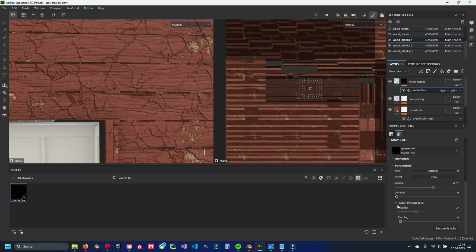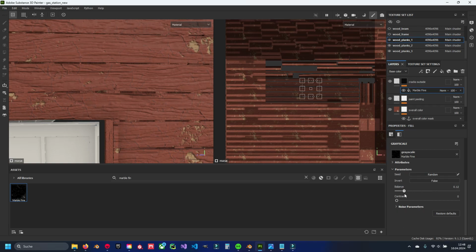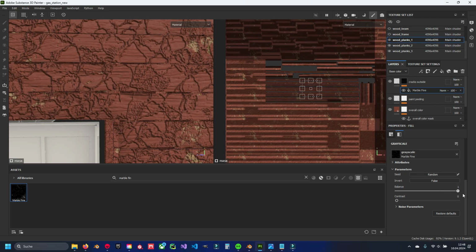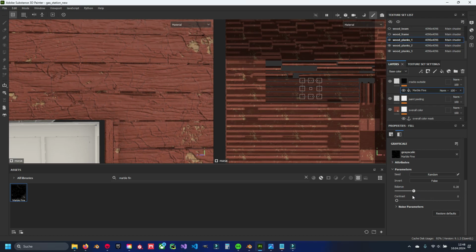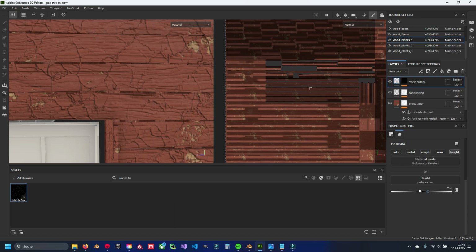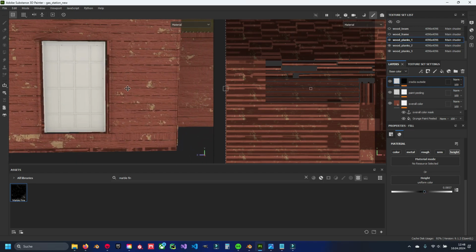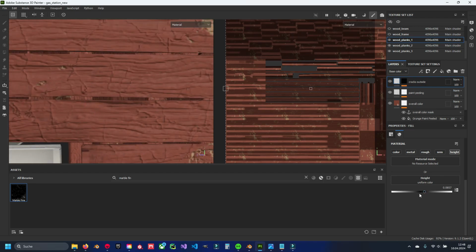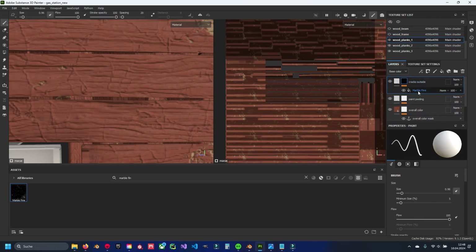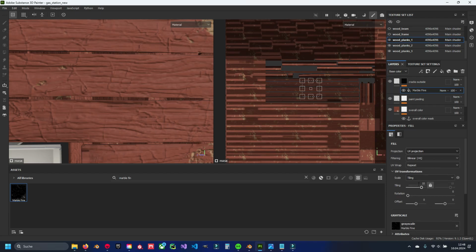So I left it like that, but with the balance, it's a little bit too strong. So let's see if we just stay on 0.5. And we have to go down with our overall settings of the height here. So we have this slight effect going on. But I just want some more cracks in here, some more